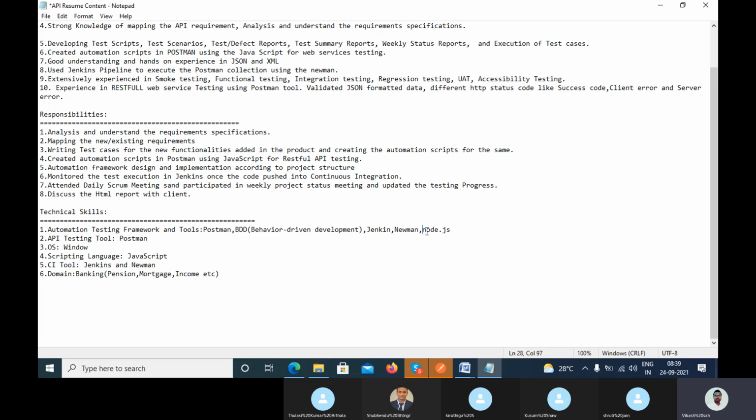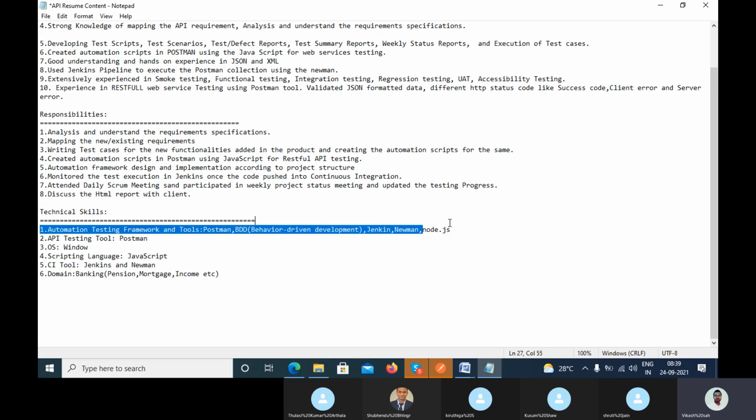So that's why you install Newman on your machine, and then you verify the npm. If you do not install Node.js, you can't install Newman, because Newman is a Node.js platform, right?